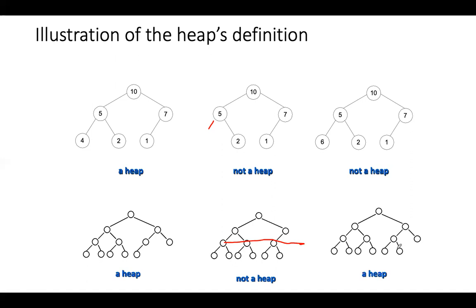Okay. So first thing is, whenever we talk about heap, you should identify whether the given tree is a heap or not. For that, the binary tree should be complete. If it is complete, then we can find out whether it is a heap or not.